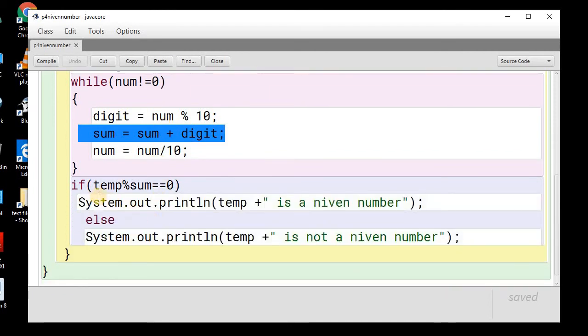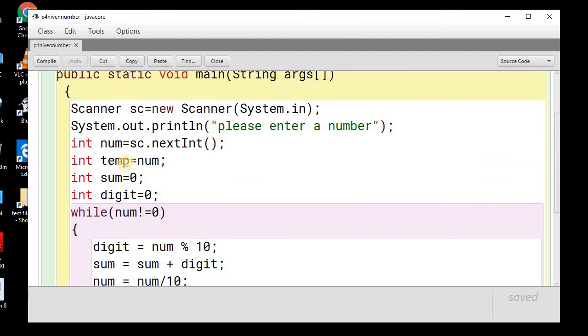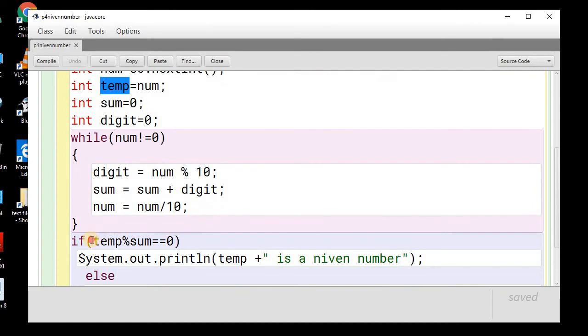Now finally we need to see whether this number is divisible by the sum of the digits. To check the divisibility, we need to check whether the remainder is 0 or not. We have already stored our number in the temp variable, so we'll use this temp variable. We cannot use the num variable because now it has become 0.